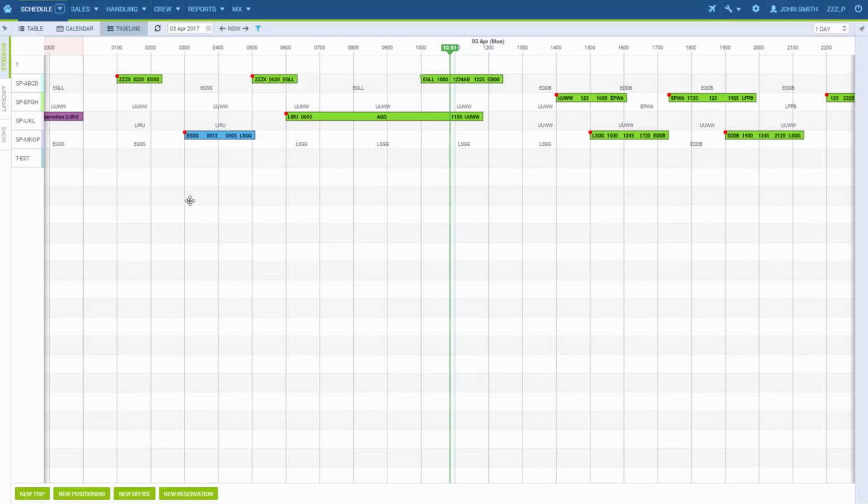In today's video we will focus on one of the main three views in Leon, the timeline. This view allows us to visualize the flights in time a little bit better than the other two views. Okay, at first we need to mention that all of the three views share the main features with some adjustments